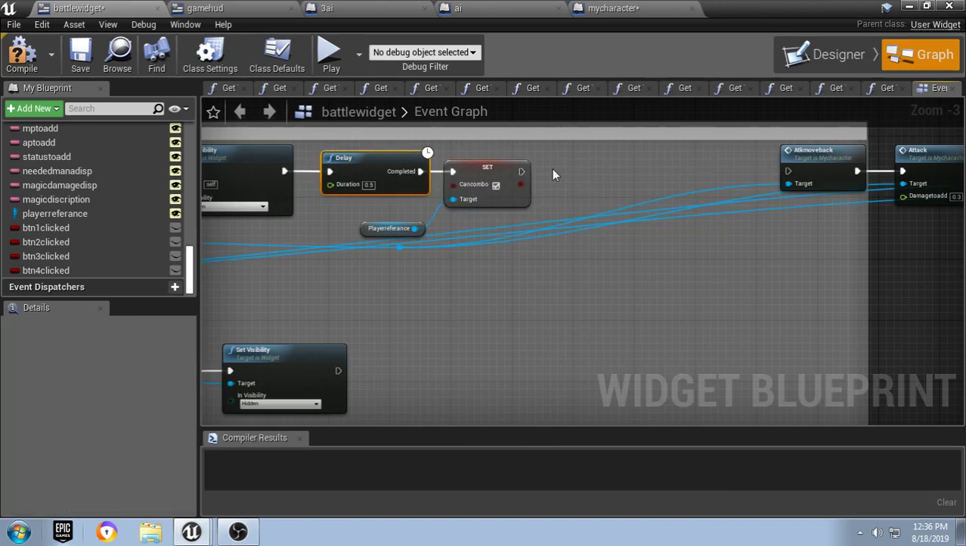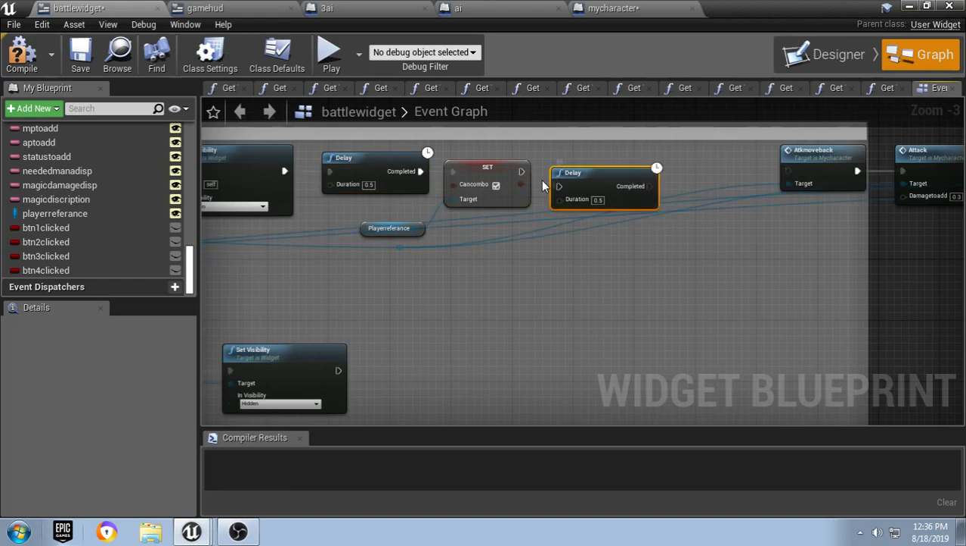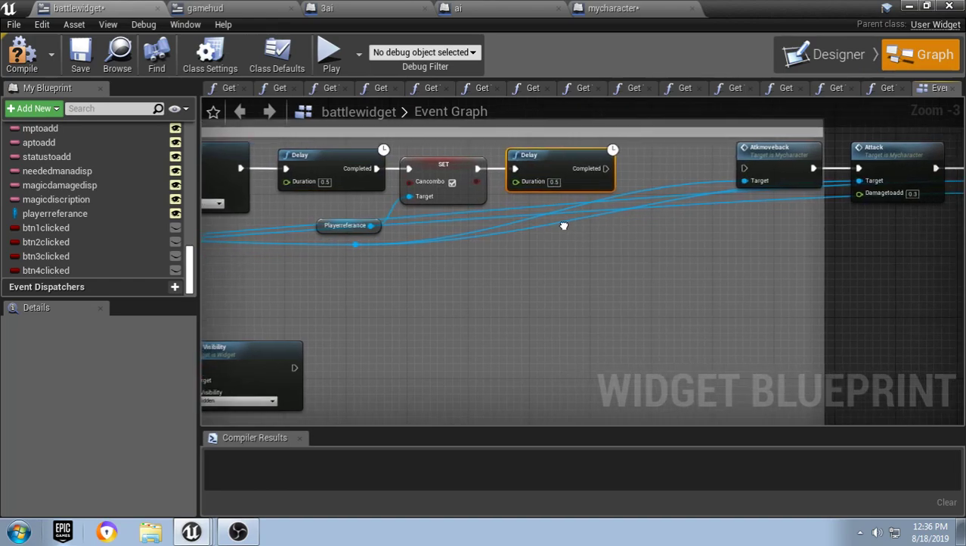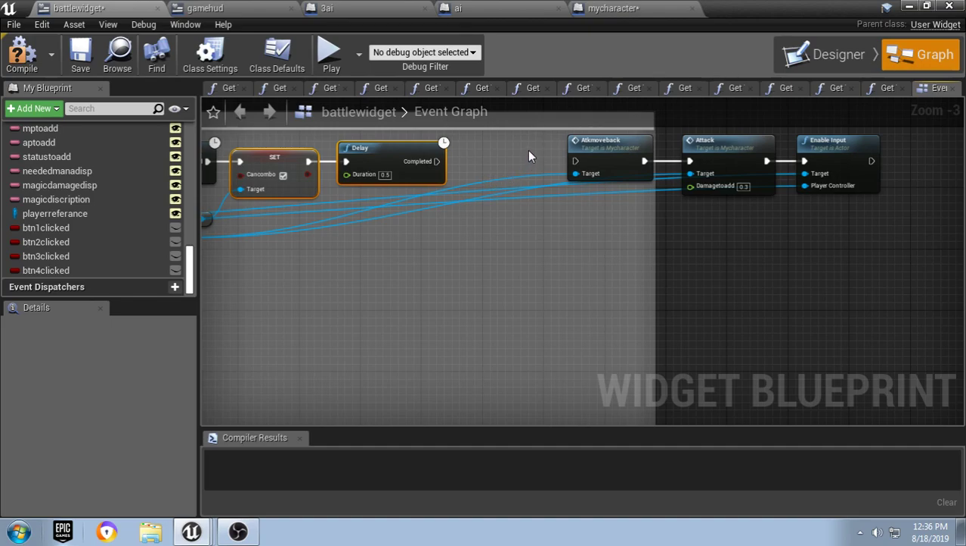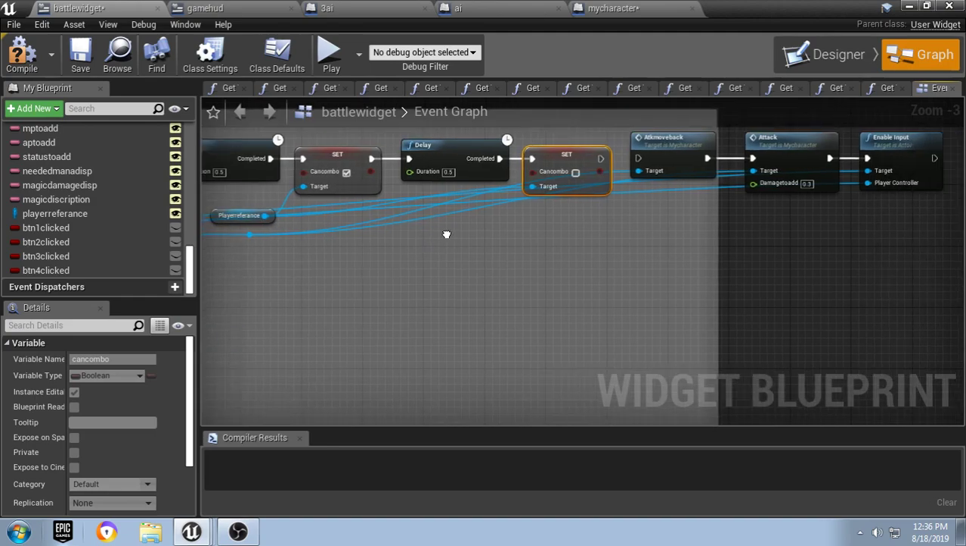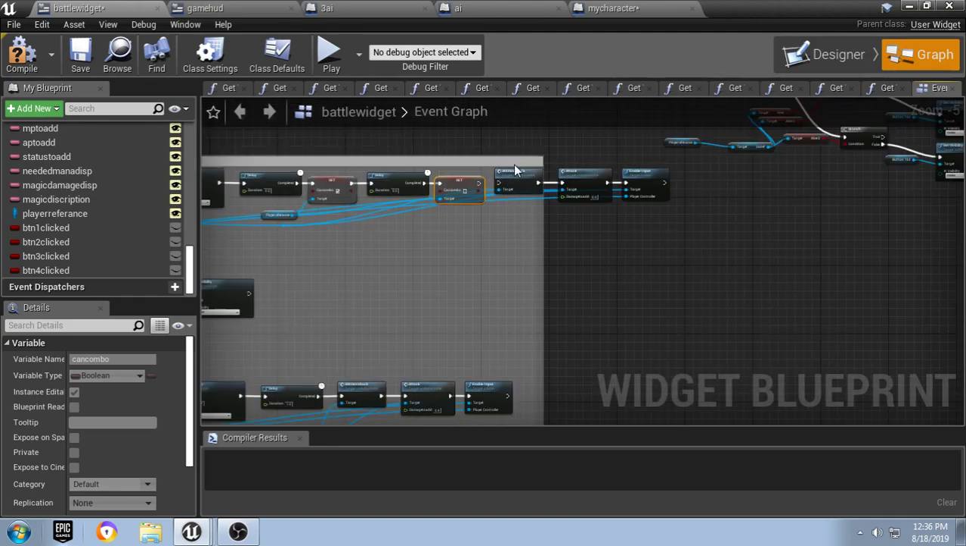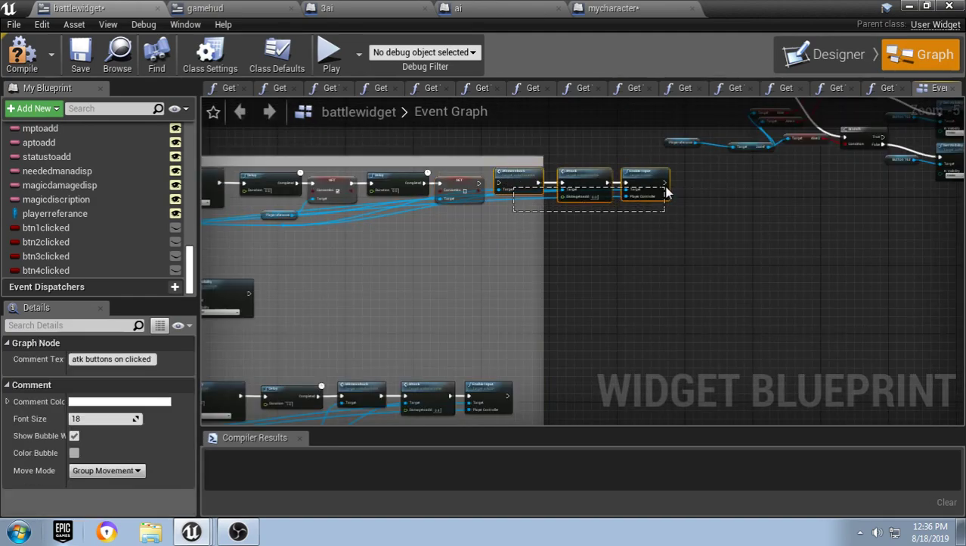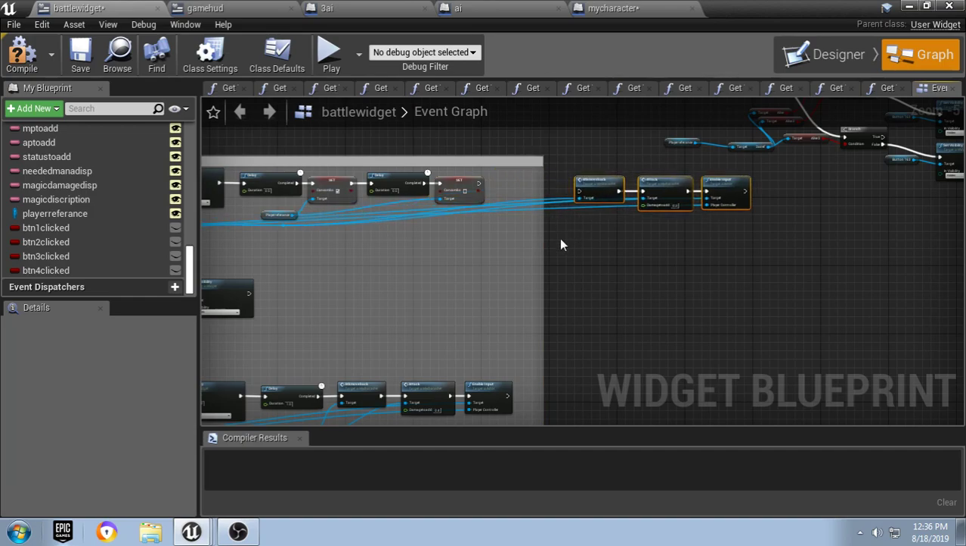and we'll duplicate this delay, plug it in like that, and then we'll duplicate our set can combo, not the delay, plug that in and set it to false, plug the target into your player reference. Then we're gonna just move these guys out a little bit more,